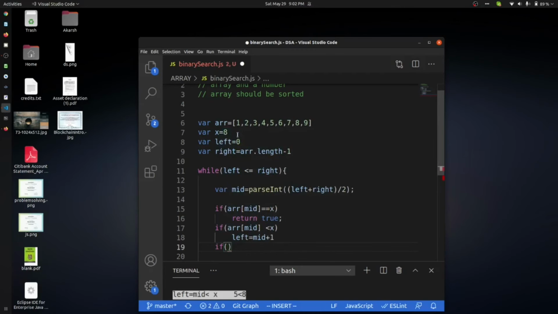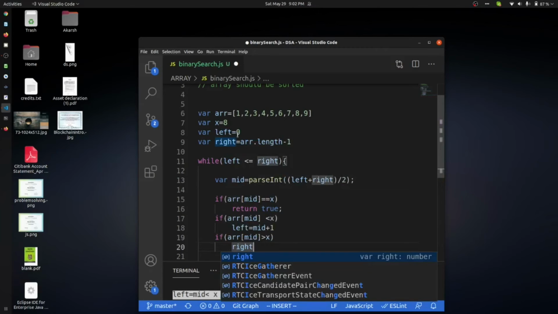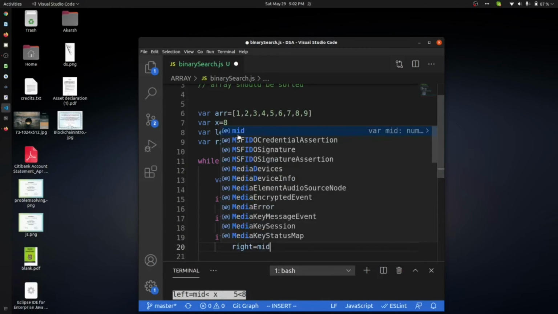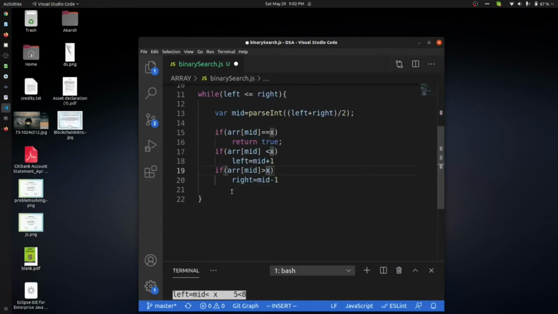Okay, if the element at mid is greater than x, then we will set right equal to mid - 1. Okay, so this is the case.